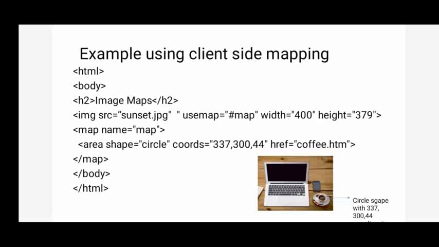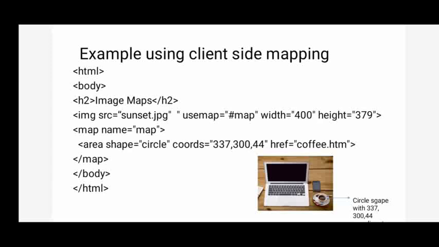Now, after that, here I am creating an image map. What is the name of the map? MAP, because in the image tag I have already given usemap equals map. So if you have given usemap equals map, the same name you are supposed to use in the map tag also. Okay, name equals map I have given. Now inside the map tag, you see the area tag as a child element. Map is the outer element, area is the inner element. Inside the map element, I have given an area element.